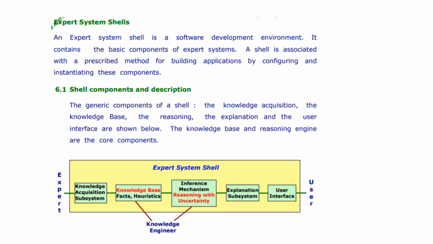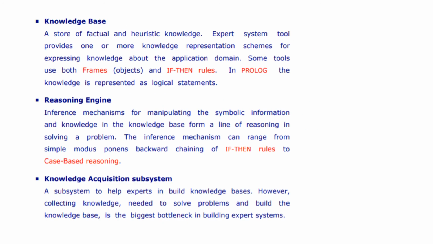अब जो जेनरिक कंपोनेंट्स होंगे एक्सपर्ट सिस्टम शेल के अंदर, वो कौन कौन से हैं? The knowledge acquisition system, then we have the knowledge base जिसमें कुछ facts and heuristics होते हैं, then we have some inference mechanisms, we have the explanation system, we have the user interface. Now user is interacting with this user interface, and knowledge acquisition system, that is to acquire new knowledge, this system is interacting with the experts. Okay, so these are certain components of the expert system shell that we can use in order to build an expert सिस्टम। हम ये सॉफ्टवेयर डेवलपमेंट एनवायरनमेंट यूज कर सकते हैं एक एक्सपर्ट सिस्टम को बनाने के लिए।